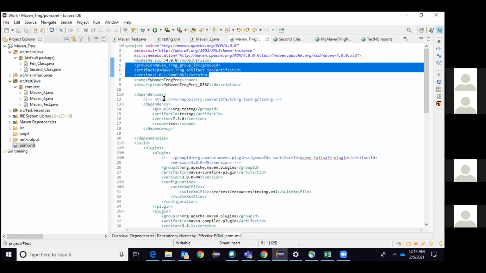When I put it into the development environment, which we developers use, not the QA team and not production, I don't want to change the version every time I put it into some environment. For that reason, I will put the same version with the name as snapshot. I did not change it here.